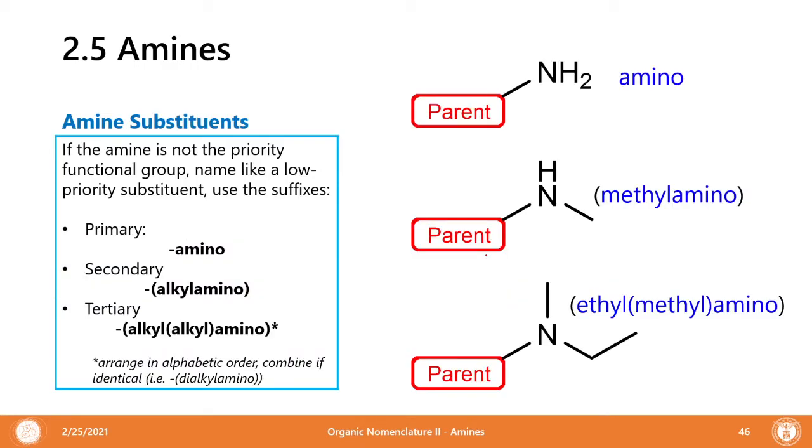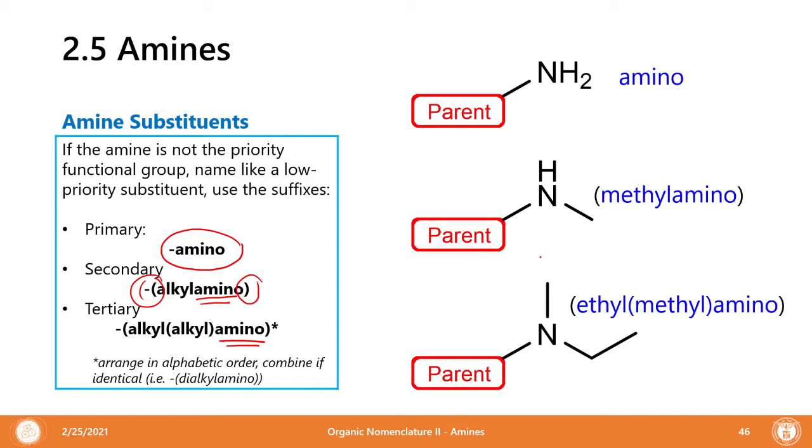So what if the amine is not the parent functional group, or if we have a group that has a higher priority than amines? How do we name it as a substituent? Well, what we must do is use the prefix amino. Okay? For simple primary amines. For secondary and tertiary amines, we must create a complex substituent separated by parentheses, containing the alkyl name and the amino prefix. So it ends in amino. So a methyl group connected to the amino group is called a methylamino,